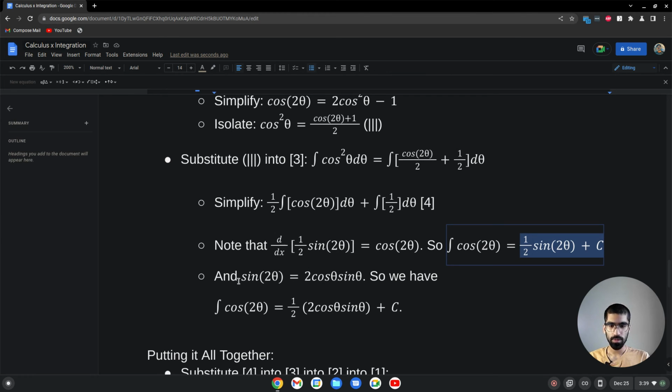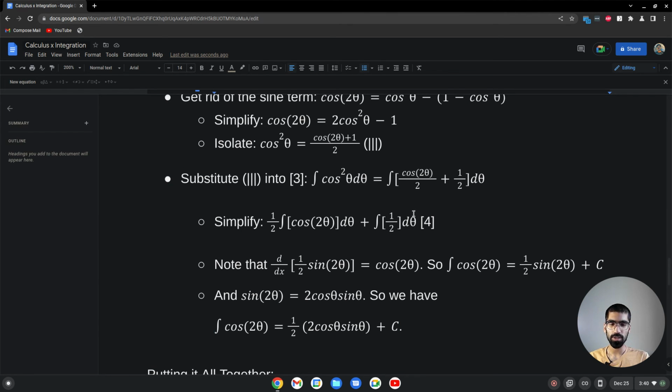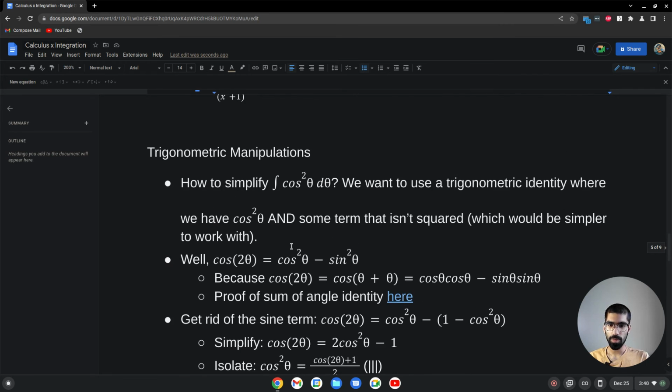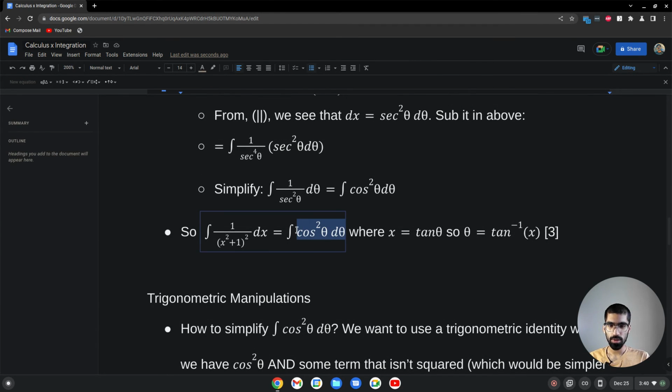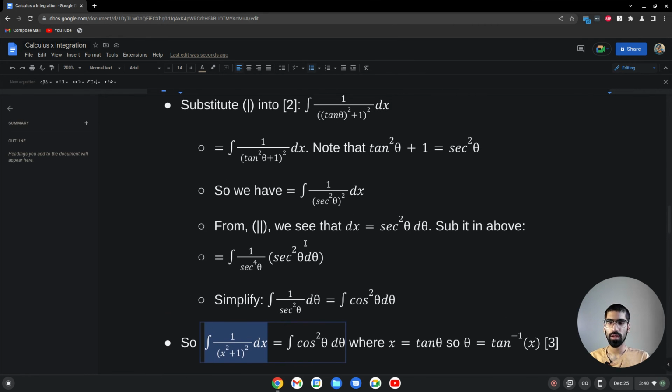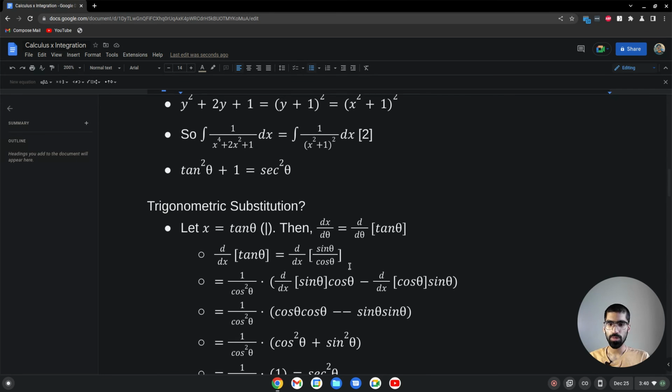And thus, finally, using the sine double angle identity to simplify this part, we have our final result. This integral is just equal to this. Obviously, these are going to cancel out. Now I have this result. I have basically all the parts I need, because if you remember, this cosine squared theta is just equal to this derivative, this integral. This integral is simply one part